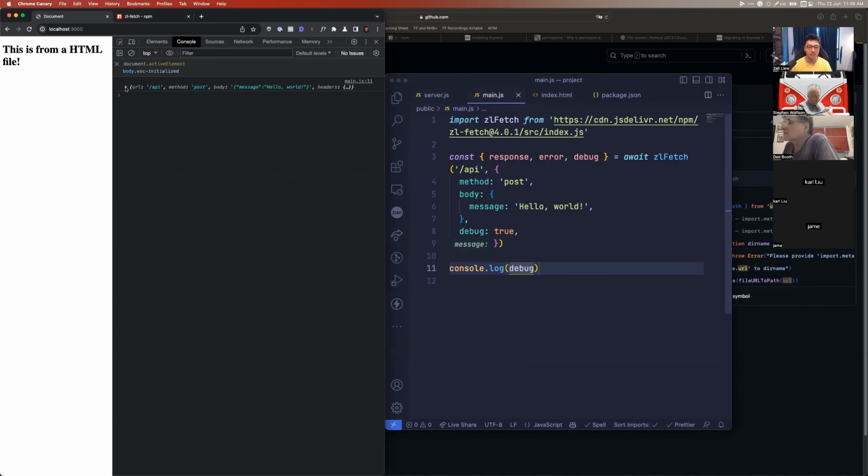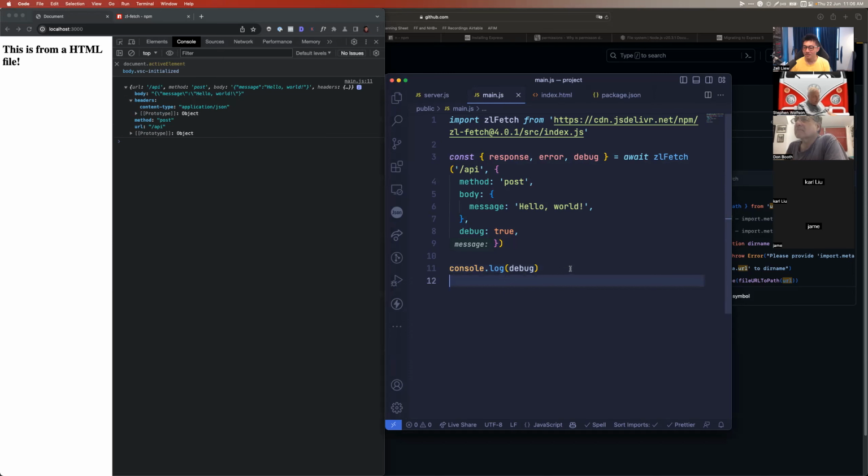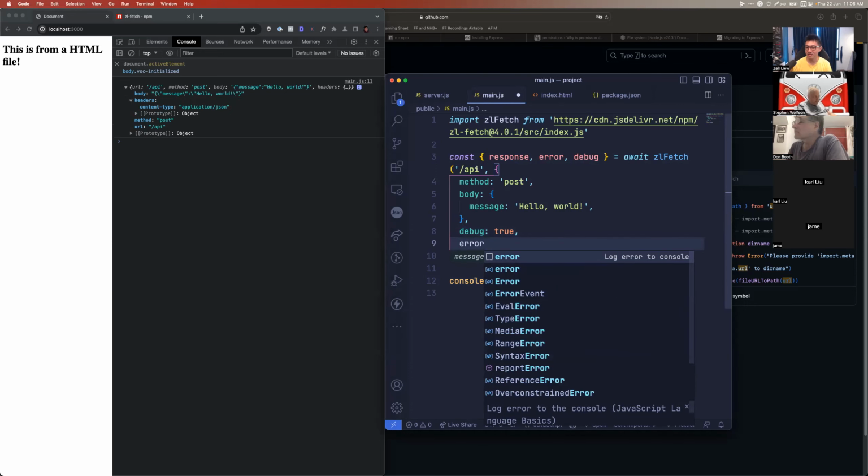Okay, and then you log the debug, you actually know what exactly you're sending over to the backend. So this is the request I sent. I send the slash URL, slash API. That's the URL I sent to. I sent a post message. The headers is application JSON, and I'm sending this JSON file data. In Fetch, you don't get that. In Axios, you don't get that, as far as I remember. If you do an error, return error,